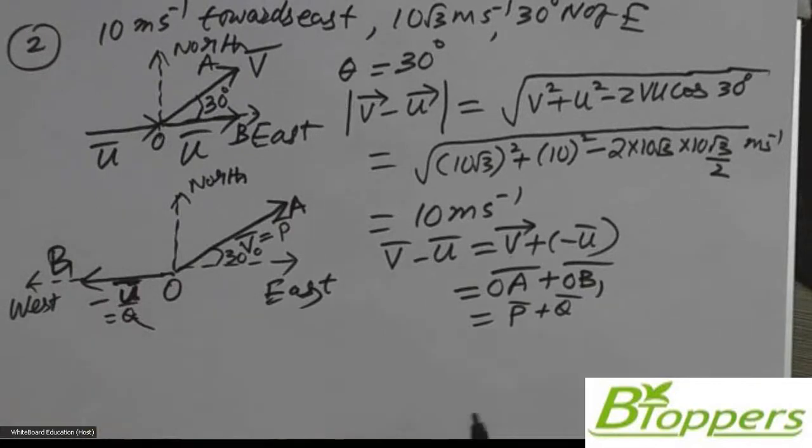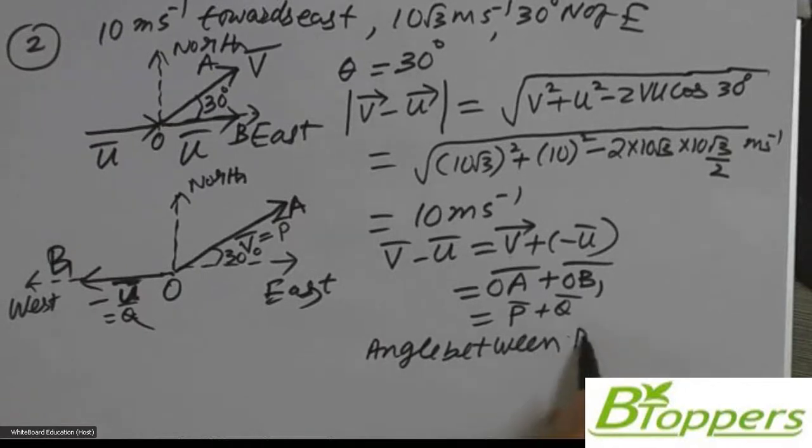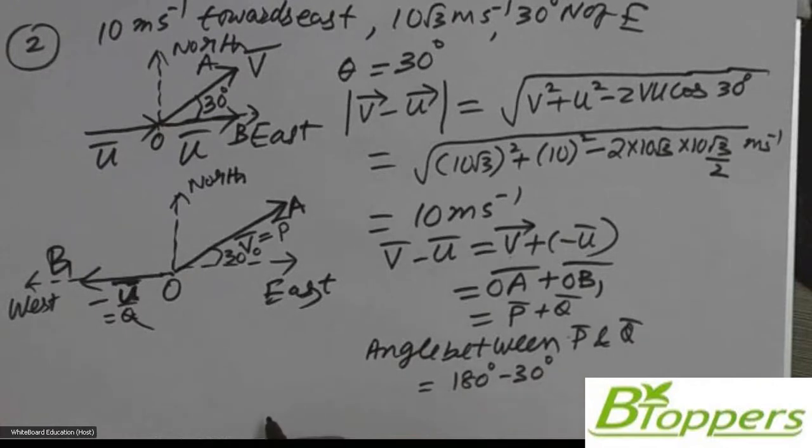Here the angle between P bar and Q bar, that means the angle between v bar and minus u bar, is 180 degrees minus 30 degrees, or 150 degrees. So tan alpha can be written as